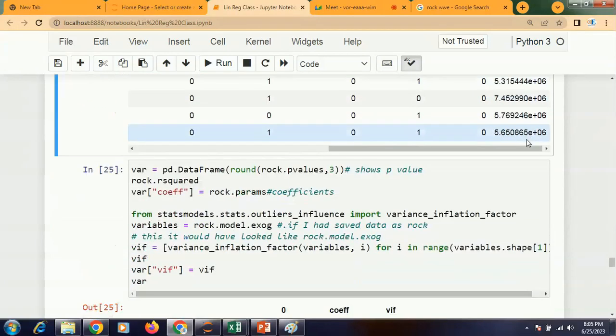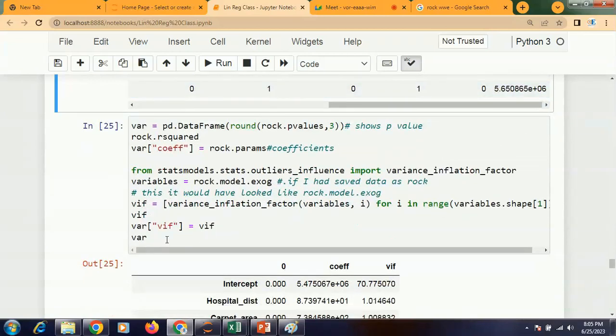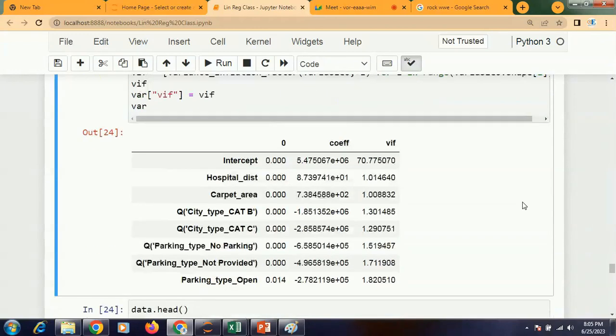For the time being we need to check something called VIF, variance inflation factor. If you execute this one, in this VIF column, it is called multicollinearity. It means none of the variables' VIF value should be more than 2.